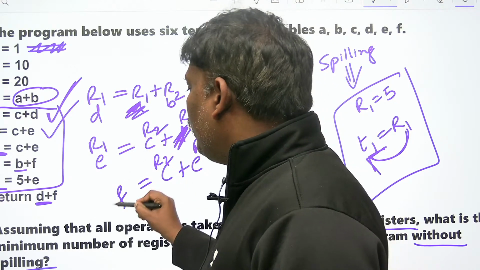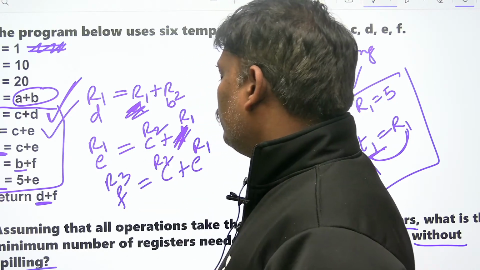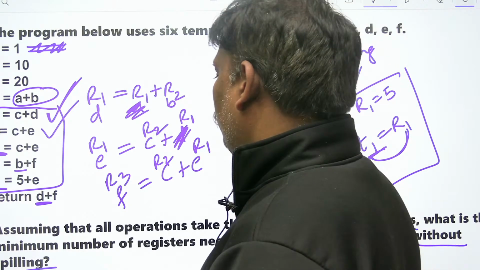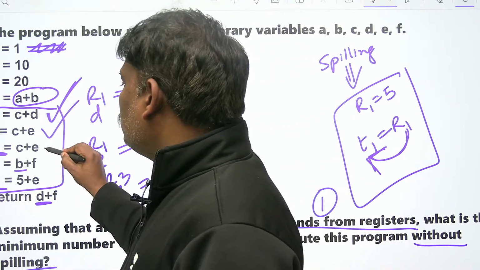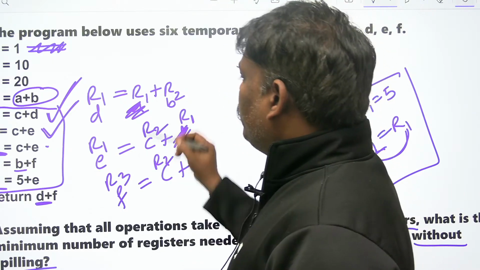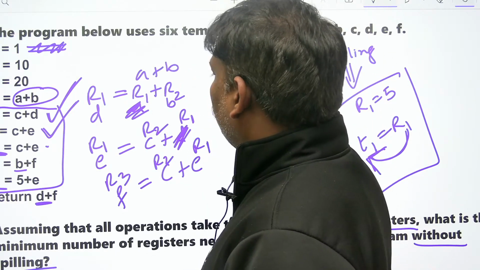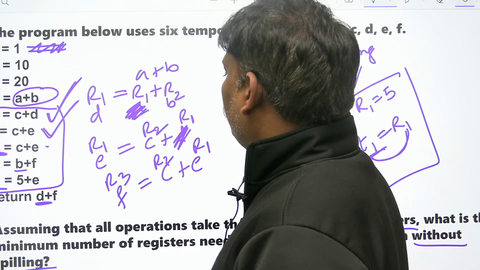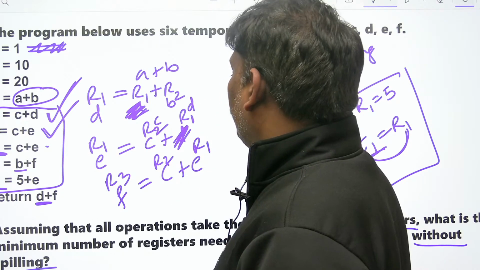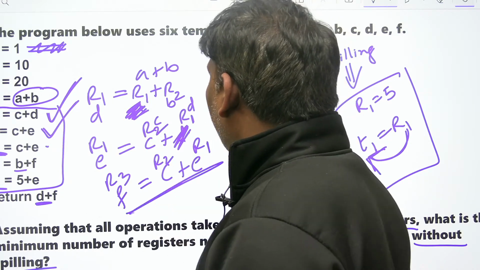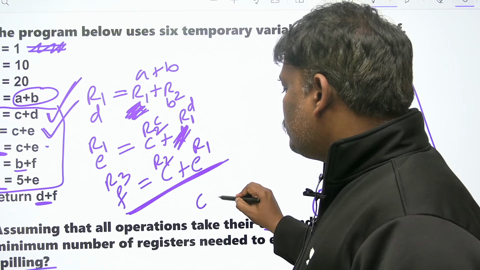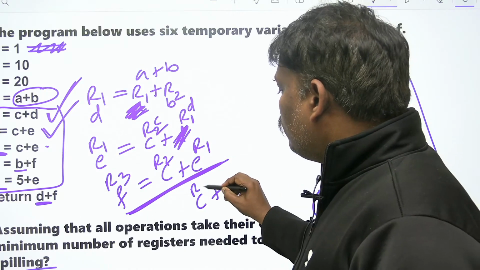I think there is no other way, you have to bring R3. Please be careful. Right? So I think this is also completed. C plus E completed. A plus B, that's fine. We cancelled this, that's okay. Now it is the C plus D. We cancel this, that's okay. Here we are unable to cancel. In this line we are unable to cancel, because the same thing is coming again: C plus E, which is R2, R1.